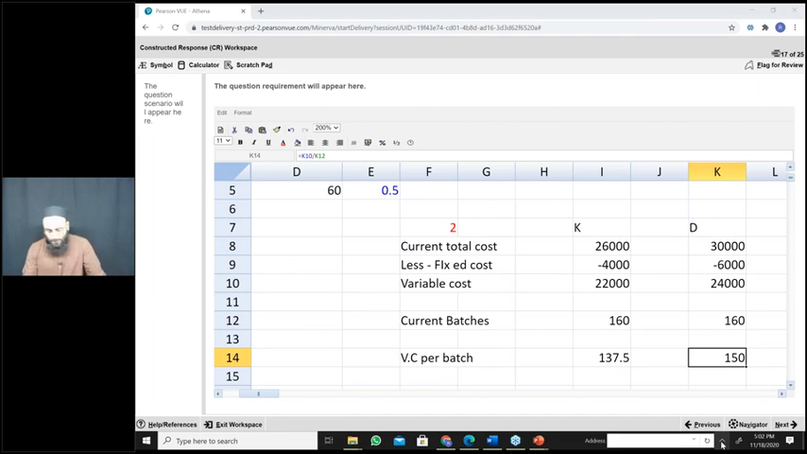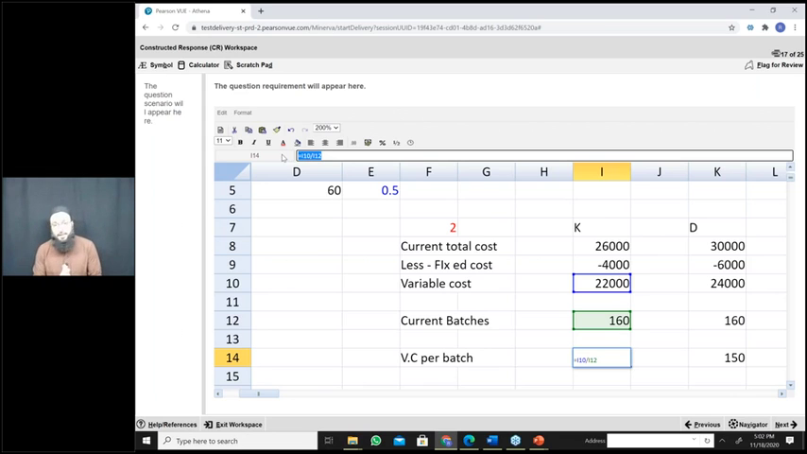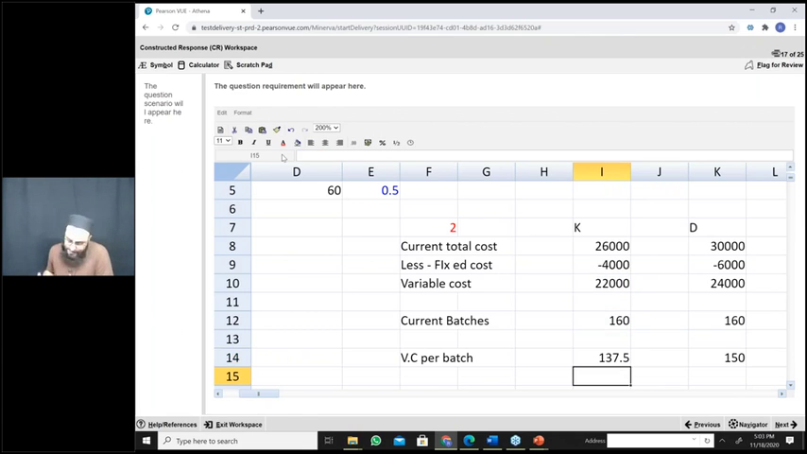Okay. So I worked out variable cost per batch. And how was it possible? Simple. The cost was 22,000 and that relates to 160 batches. So it's 22,000 divided by 160 batches. So the variable cost per batch is 137.50 for keypads and 150 for display screen. Are you all getting my point? Okay. So this is the variable cost per batch. Now,